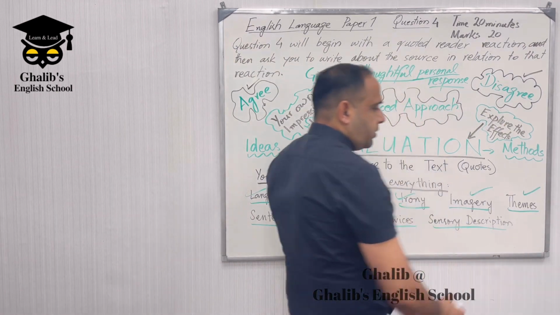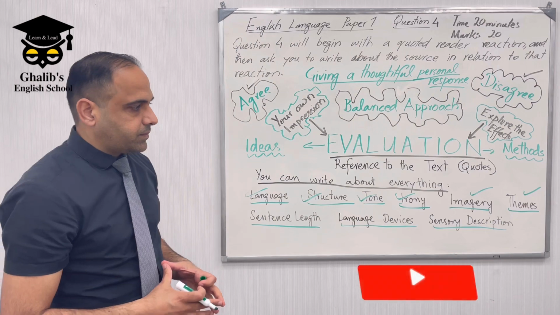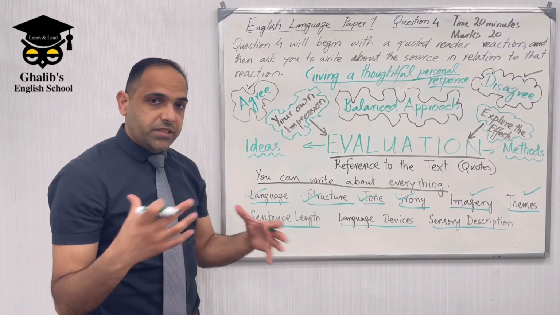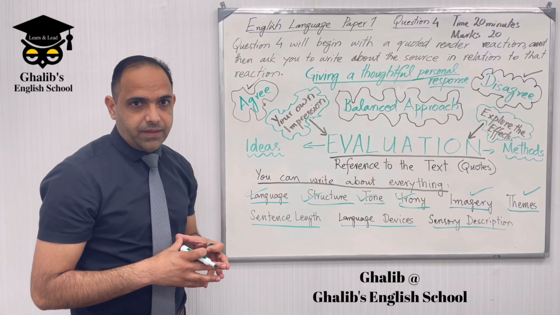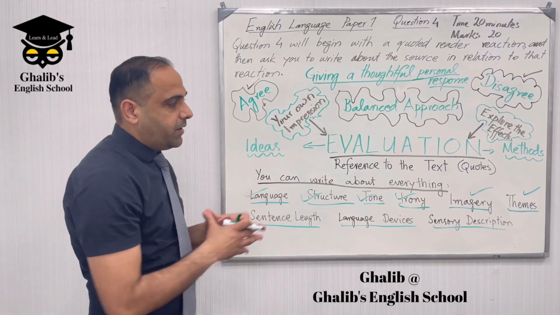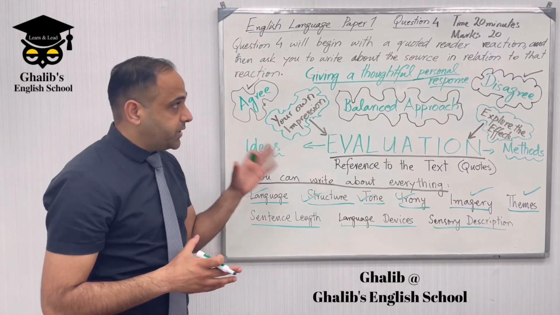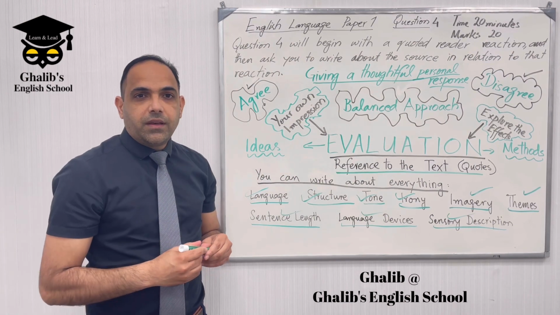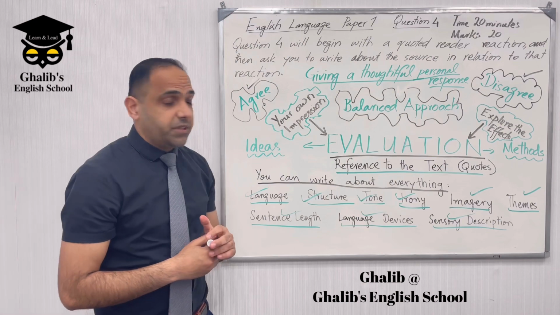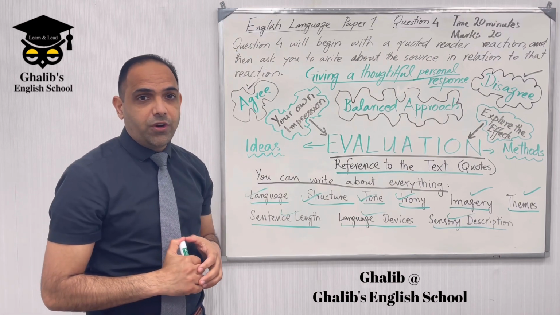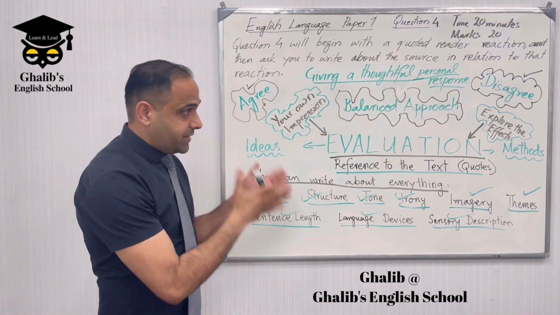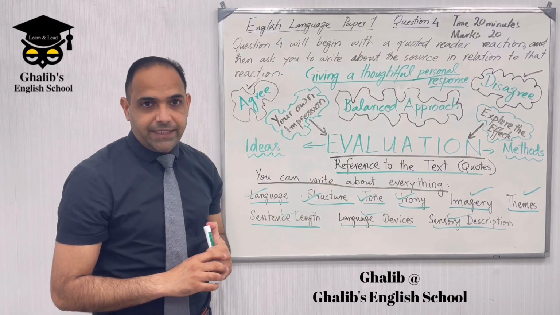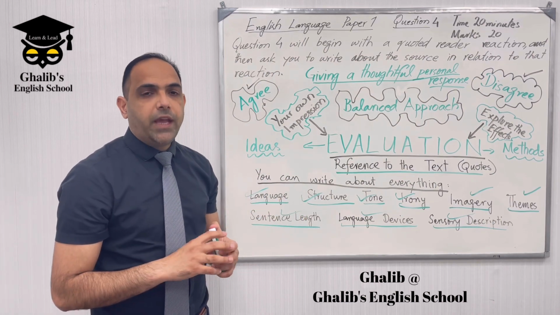After that, you can talk about sensory description. So if there is description, you can talk about how it appeals to your senses. These are important points to attempt question number 4 in a better way. Guys, that's pretty much everything about question number 4. You need to understand that, take your time, go back to that section of the text, annotate it, and then start